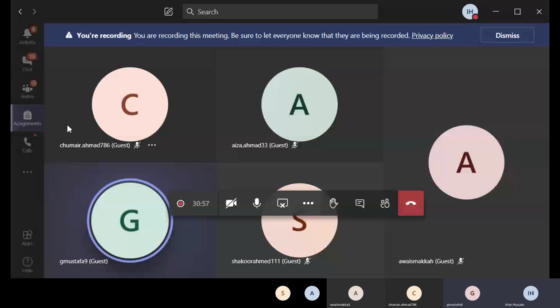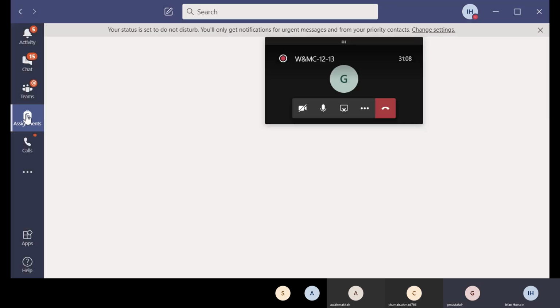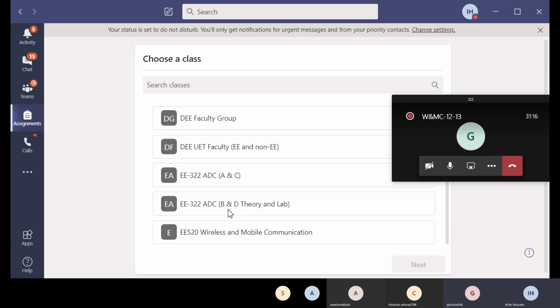पिक्चर कोई भी सेंड कर दे? नहीं नहीं, वो आप मत सेंड करें, आप खाली स्टेप्स देख रहे हैं, मैं सिर्फ एग्जांपल दिखा रहा हूँ। देखिए मैं पहले दिखाता हूँ, आपको नजर आ रहा है? मैं असाइनमेंट्स में जा रहा हूँ। अभी ये आपका काम नहीं है, मैं सिर्फ दिखा रहा हूँ कि हम कैसे करते हैं।